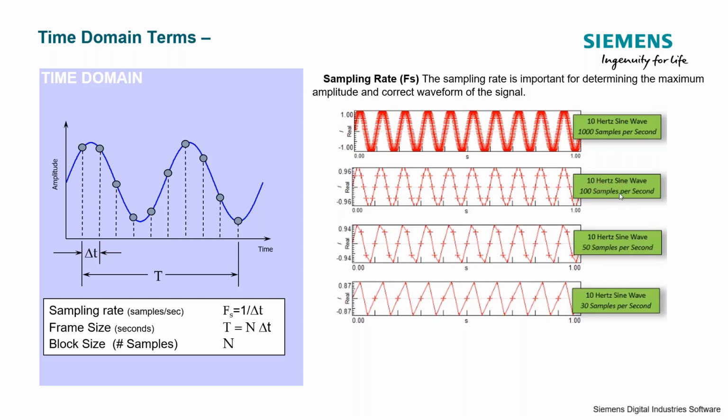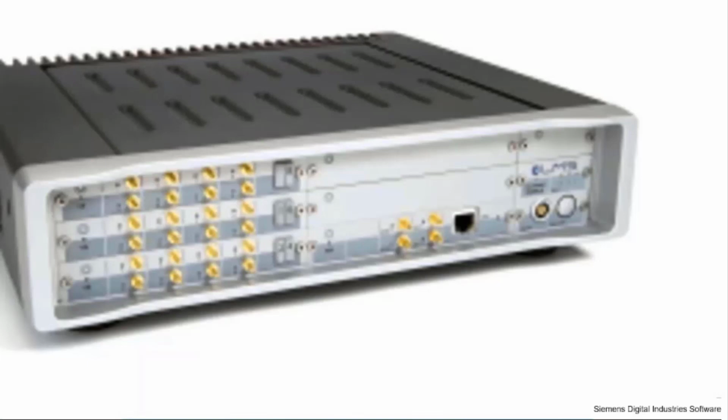Why don't we jump to a demo to try to drive home this point a little bit more? You see a front end, a SCADAS piece of equipment that we make at Siemens. This piece of equipment is basically doing the conversion from the analog signal. The transducer comes into it, and it gets digitized in here, converted digitally and sent over Ethernet to a computer to be viewed on the screen. So we don't see the analog signals on the screen. We see the digitized signals.